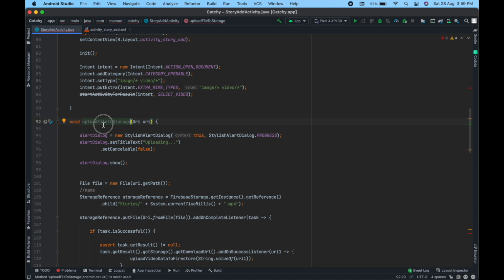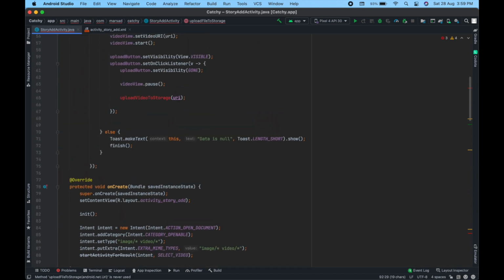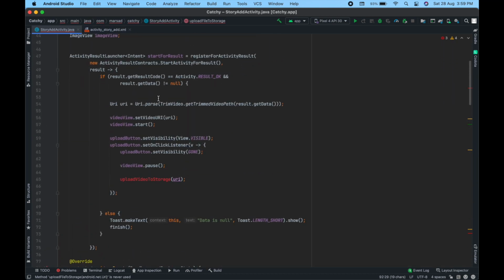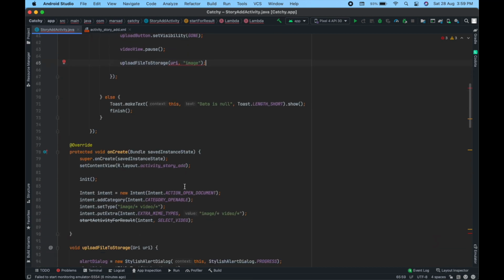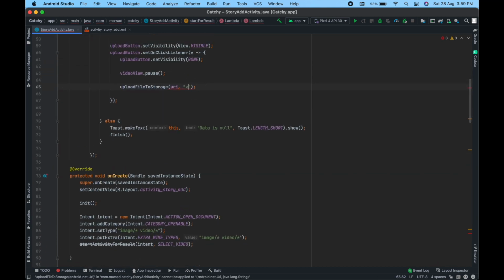Rename this function, and also here inside this function upload file to storage, and second parameter image video, this is for video, and